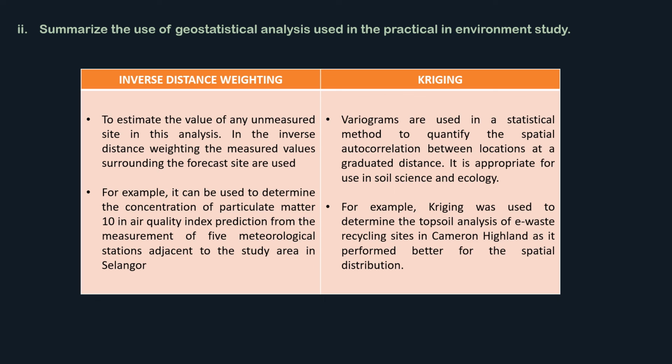For the kriging, variograms are used in a statistical method to quantify the spatial autocorrelation between locations at a given distance. It is appropriate for use in soil science and ecology. For example, kriging was used to determine the topsoil analysis of an e-waste recycling site in Cameron Highlands, as it performed better for the spatial